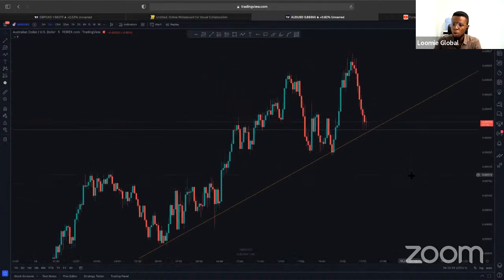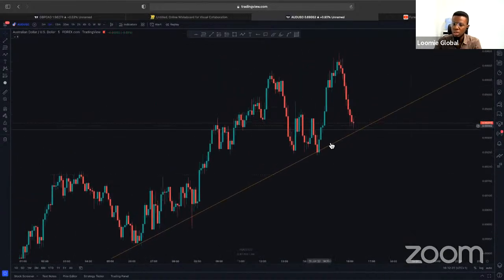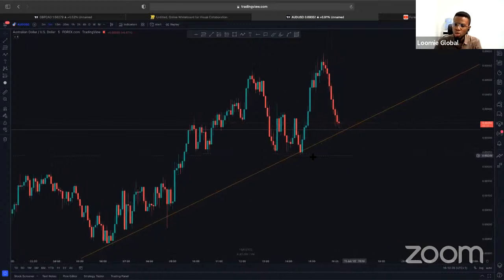So I use the lower time frame for confirmations and entries. There are times I can be looking at the 5 minutes, the 3 minutes. Sometimes I even go as low as 1 minute, depending on how precise I want to take my entry, right? And so I've seen the first leg from here, the second leg from here, and the third leg from here. And then this third leg was the one that touched my trend line, right?